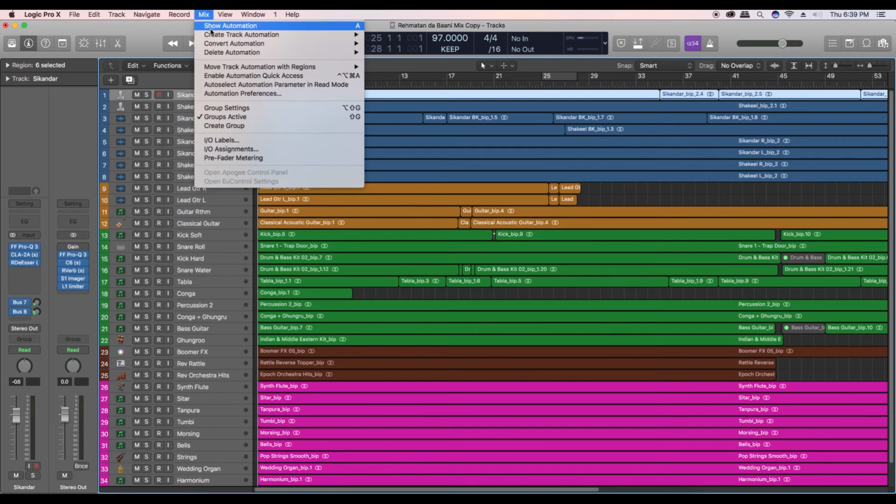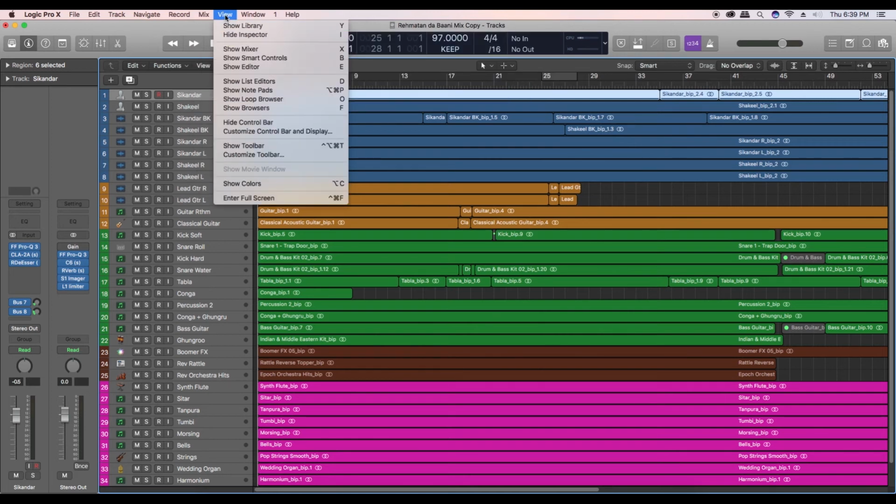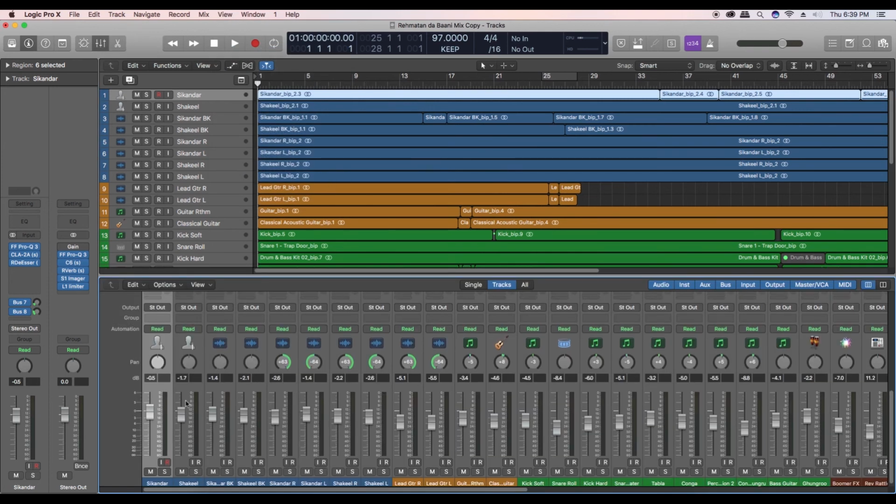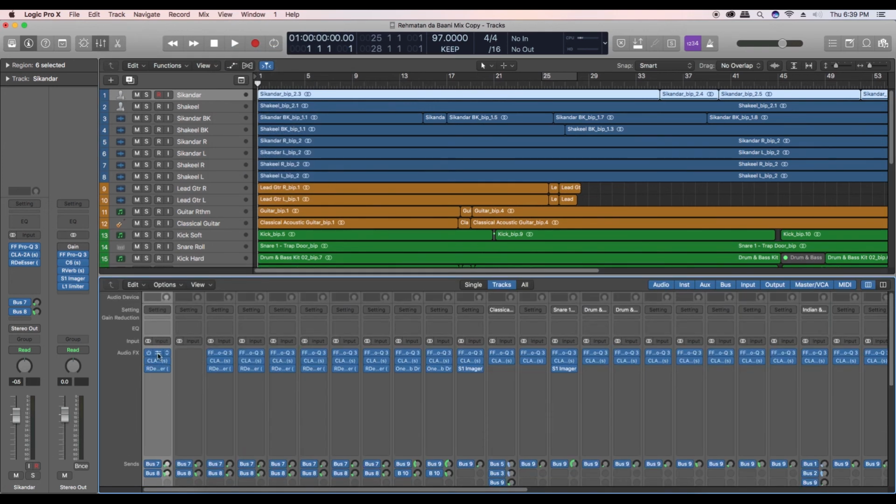Okay, first you have to open a mixer. We'll go to the View tab and open a mixer from here. Now I can see two channels over here. One is empty and the other one has three plugins. I'll go to settings